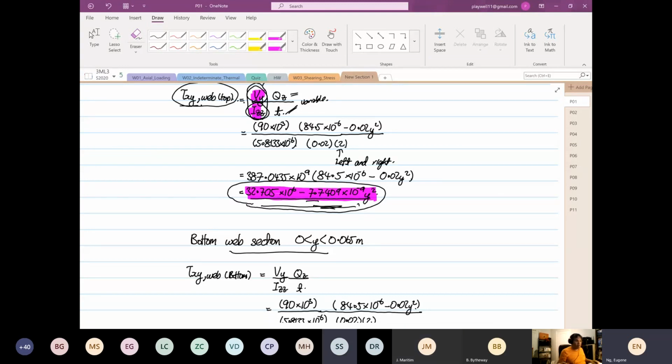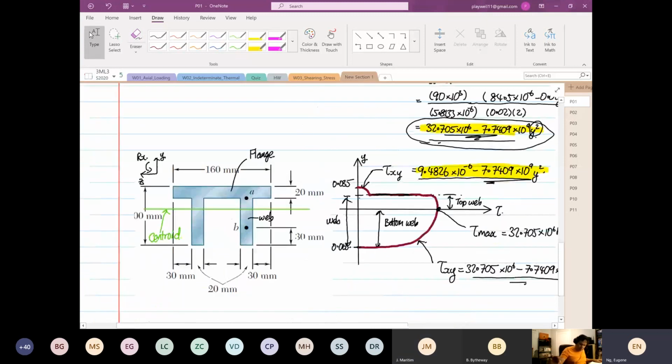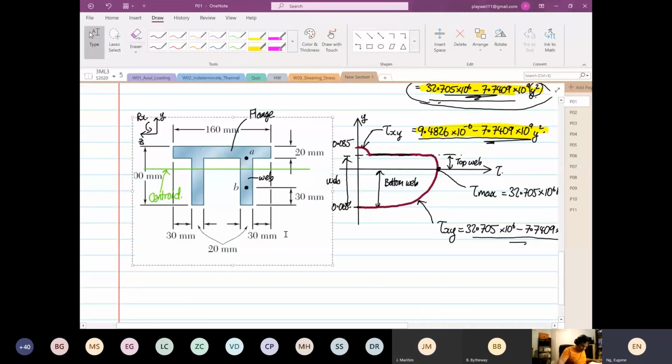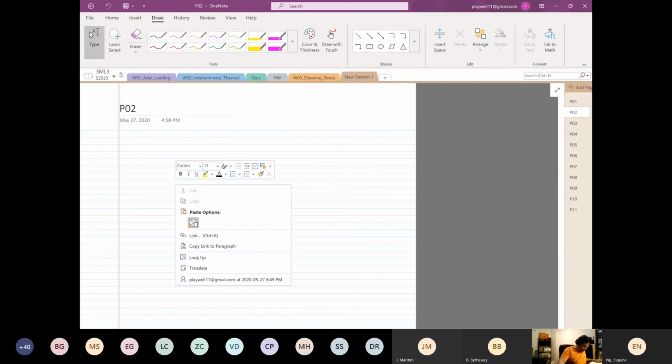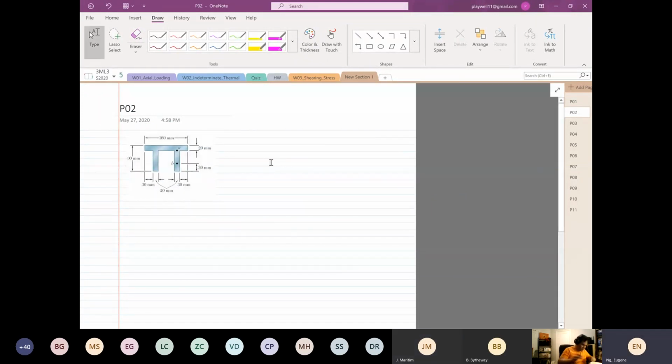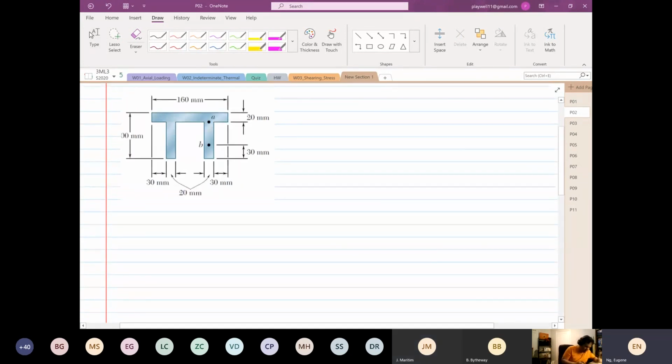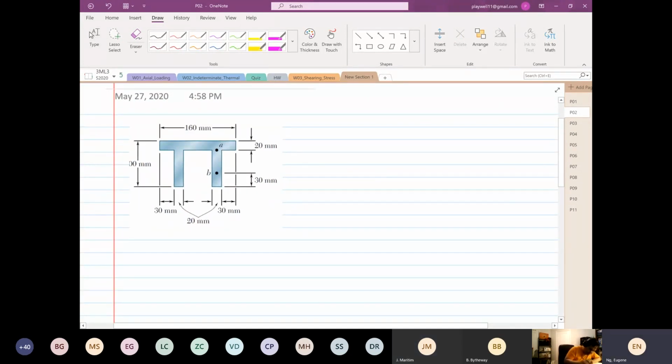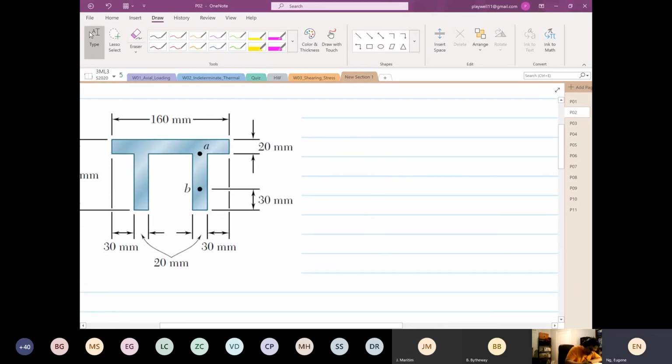Okay. Now, what I'm going to do now is we are going to calculate the shearing stress at point A. Okay, we're going to calculate the shearing stress at point A. So the shearing stress at point A